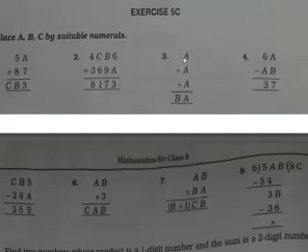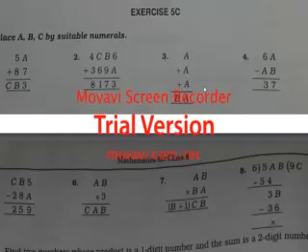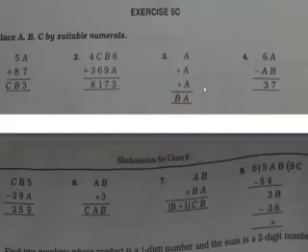Now if you see over here, a plus a plus a is written as ba. That means when we are adding 3 single digit numbers, we are getting a double digit number, with the same digit at the unit place. So simply you can assume it also. How can you assume? Let's see.